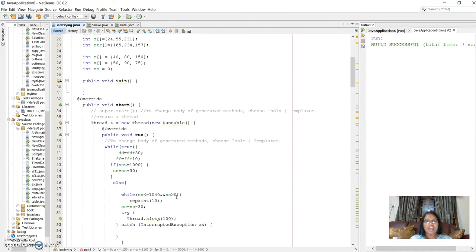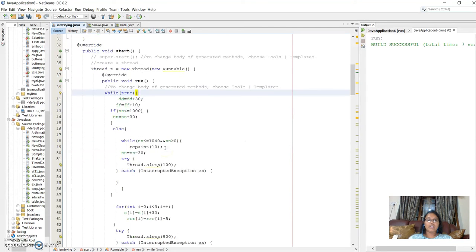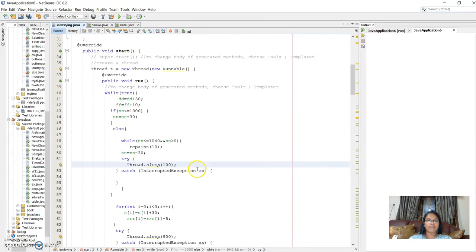I create a new thread, and it should have a new Runnable, and it should override run. So while true: until and unless you close this applet, it will not get stopped. Your stars will be blinking. So this is your Thread.sleep for how much time your thread should wake up. Once I do it, I run the program. So as you can see now,